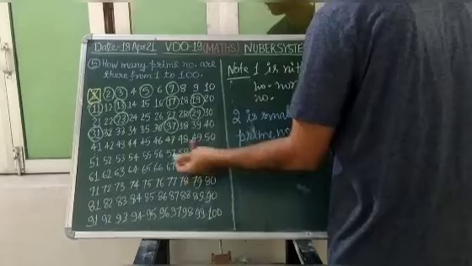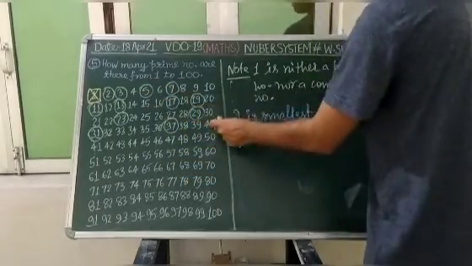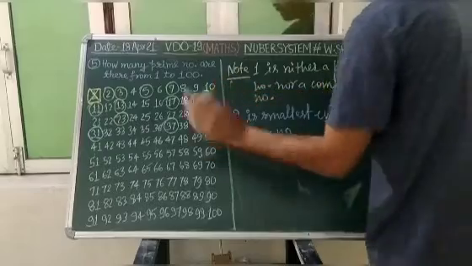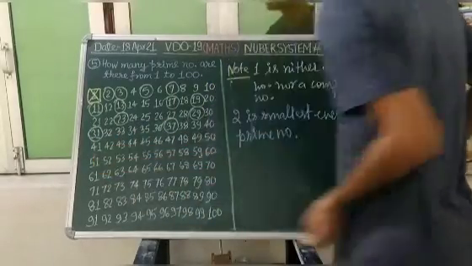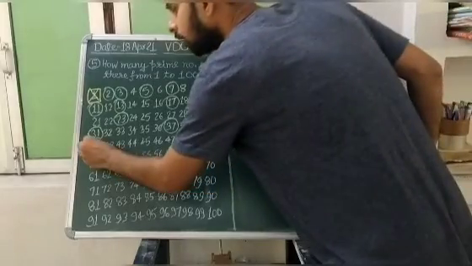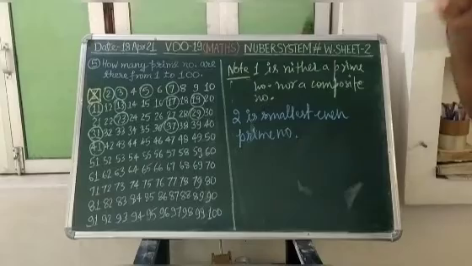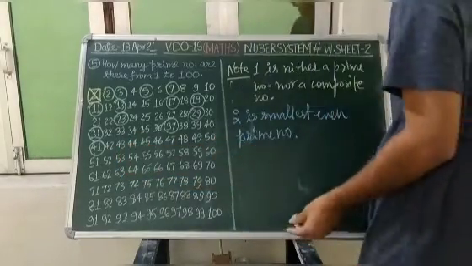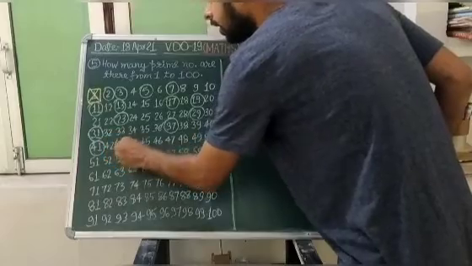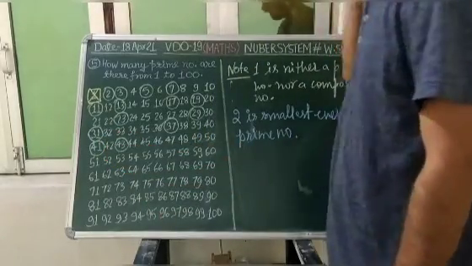38, along with 1 and itself, 2 will divide it. 39, 3 will divide it. 40, it can go by 10 and 20. Leave that. 41, when you are selecting, 41 will go by 1 or itself only. So it will be our prime number. 42, 2 will divide it. 43, when you are selecting, 43 will be the number which will go by 1 and itself only.